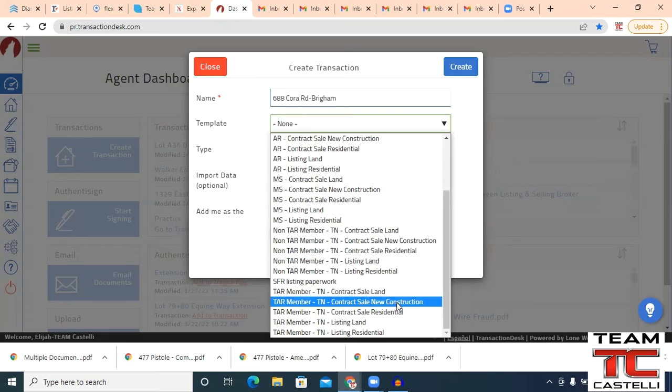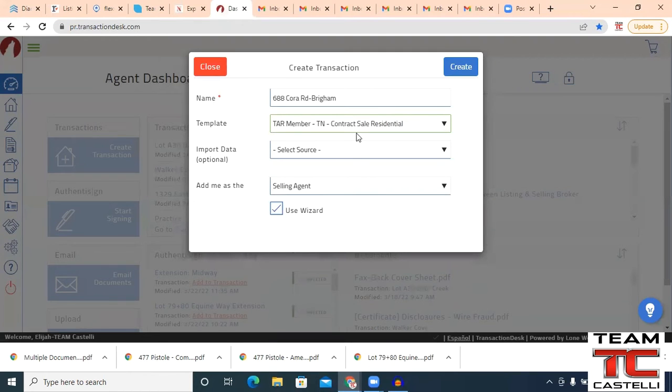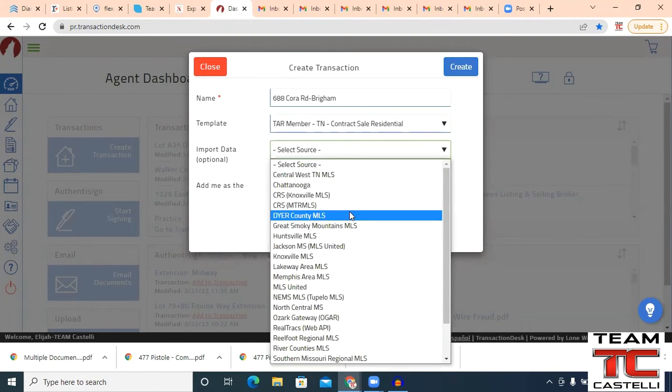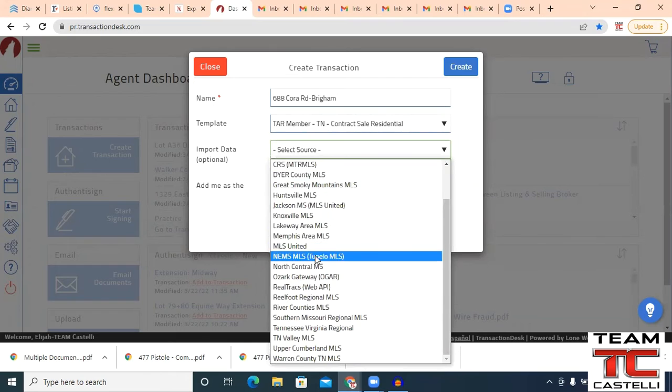Okay. If you were doing a new construction land, and then these are listing. So you probably won't worry about these. We're doing the contract sale means buying. So contract sale residential. Then I select my source. I found this MLS out of the Upper Cumberland MLS. If you found it in RealTrax, you have that option here. If you found it in CAR, that is listed under the,